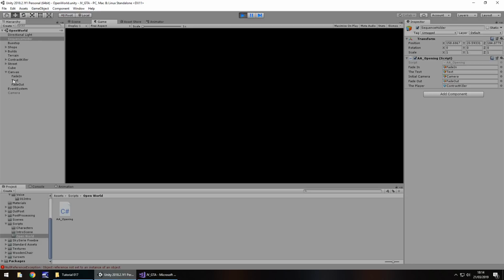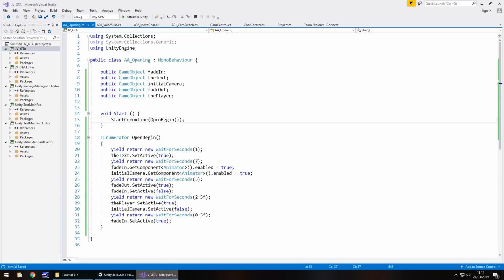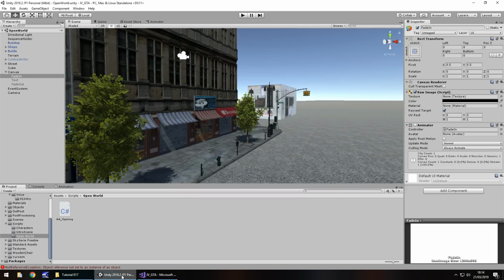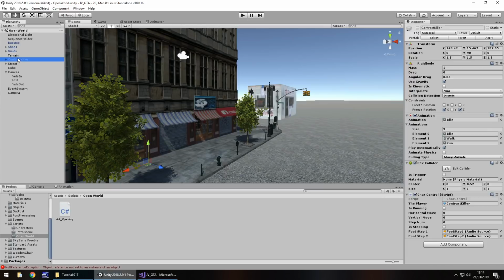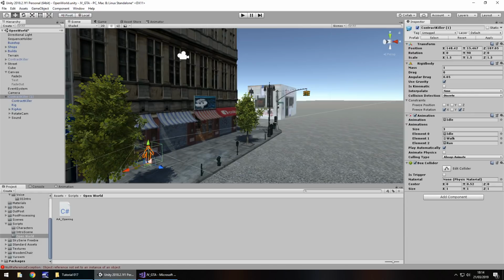And something has gone astray. I do believe it is our animator. So to get around that, I also noticed we need to shift around where our player is. So if we take our player, and we could always play around a little bit more, but best thing to do, I am actually going to hold Control, press D to duplicate our contract killer, create a copy of him. But I'm going to remove character control from him. You may think, why are you doing that, Jimmy? Why? He's a dummy. He's a fake. He doesn't really need to exist, but we can always turn him off. So I'm going to bring him up to there, rename him as contract killer fake.